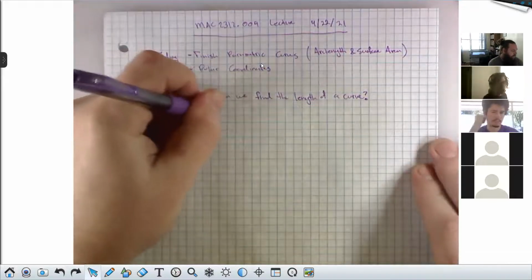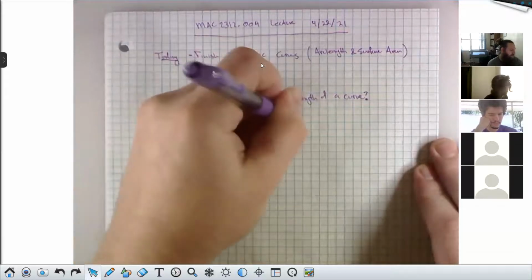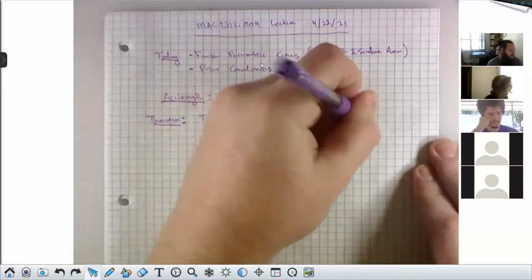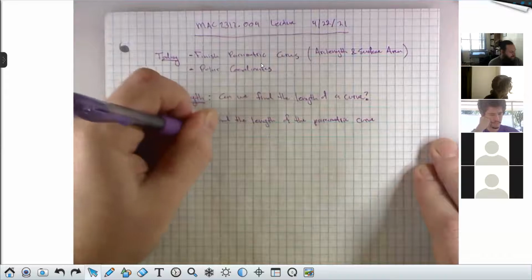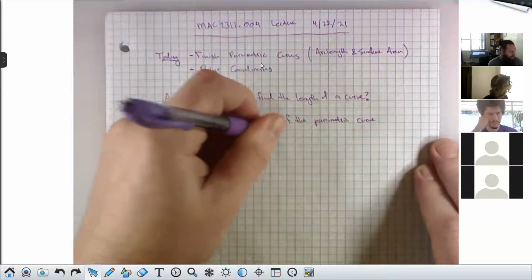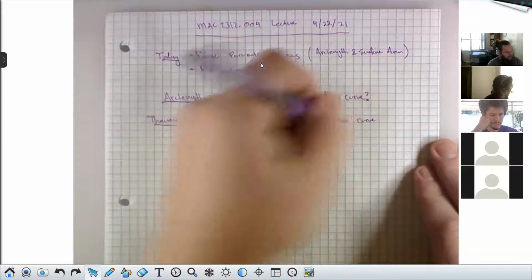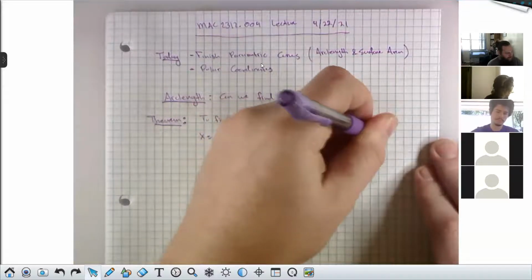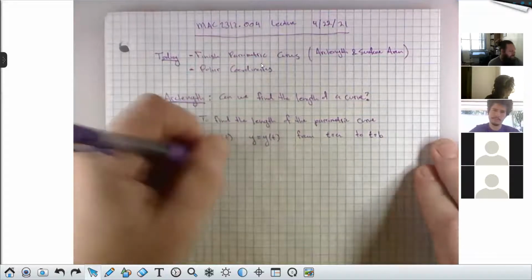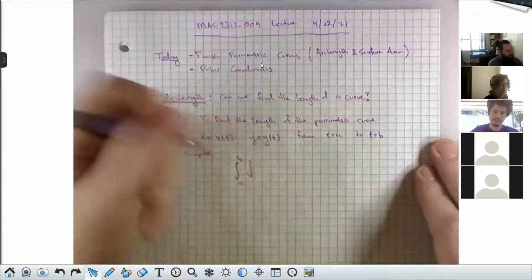So to find the length of the parametric curve x equals x of t and y equals y of t, from the point associated with t equals a to the point associated with t equals b, we compute the integral from a to b of the square root of,